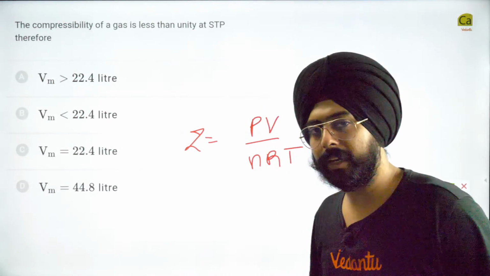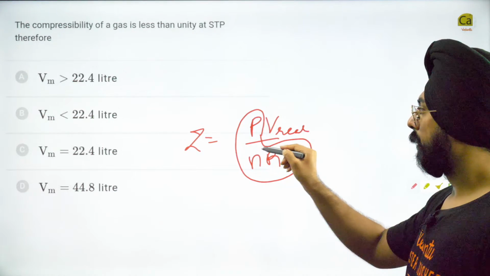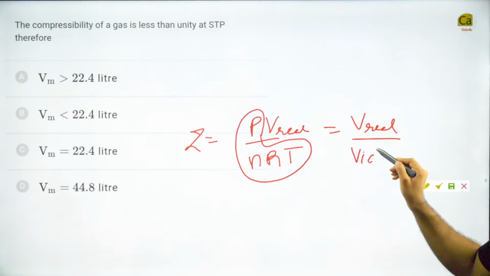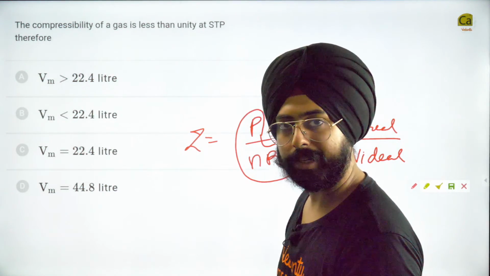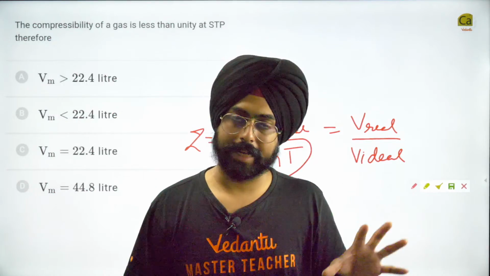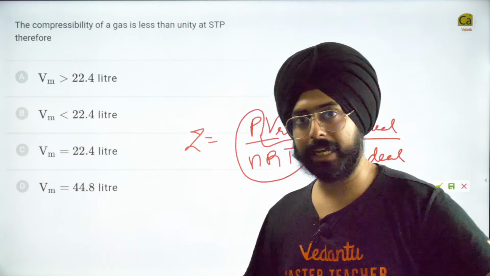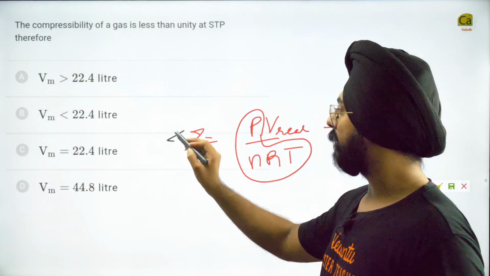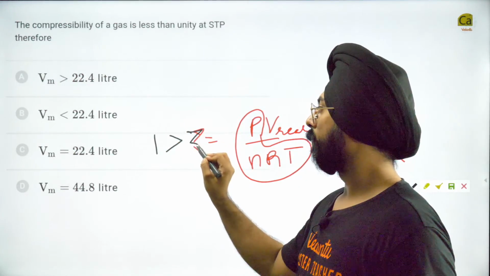Yes, but my dear friends, do you realize what this is? If this is V real, this is V ideal. nRT by P is V ideal. That is how we define compressibility factor. If you've learned gaseous state properly, you know that compressibility factor is defined as V real upon V ideal. So my dear friends, if compressibility factor is less than 1,